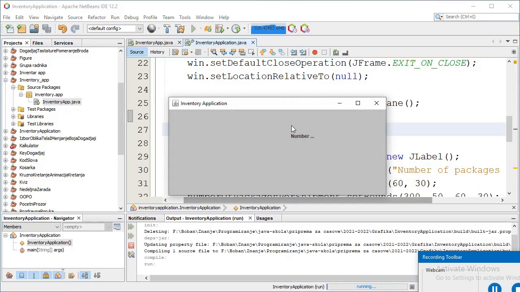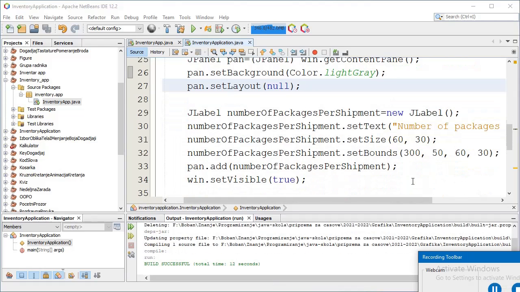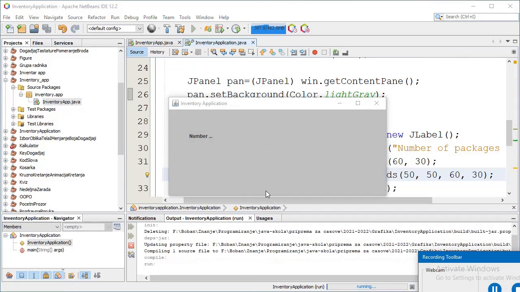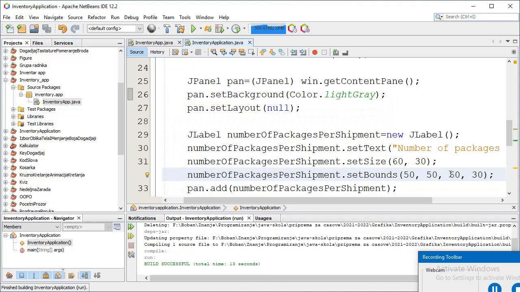Okay, I change the x coordinate to 50. The width is very small. I change it to 150. Okay, I change it to 250. And the color I change to white.